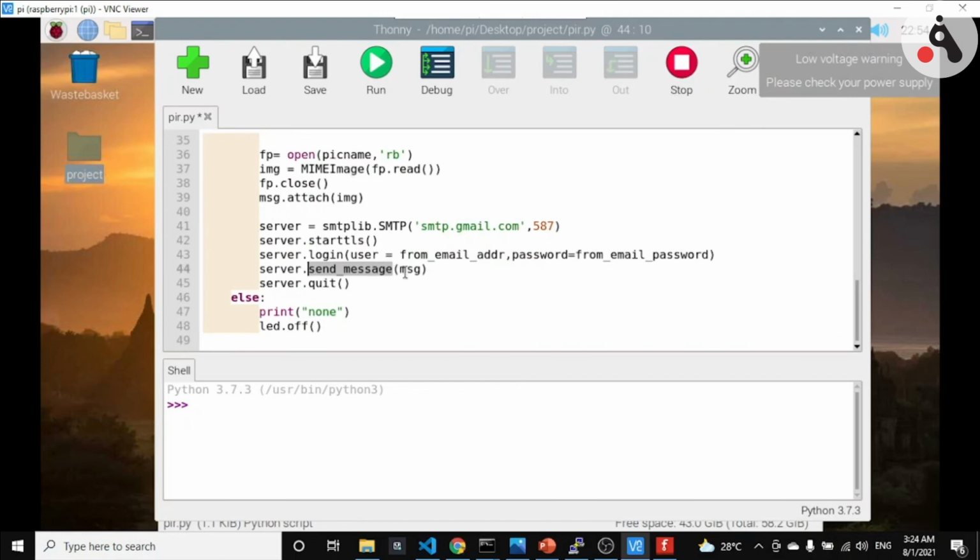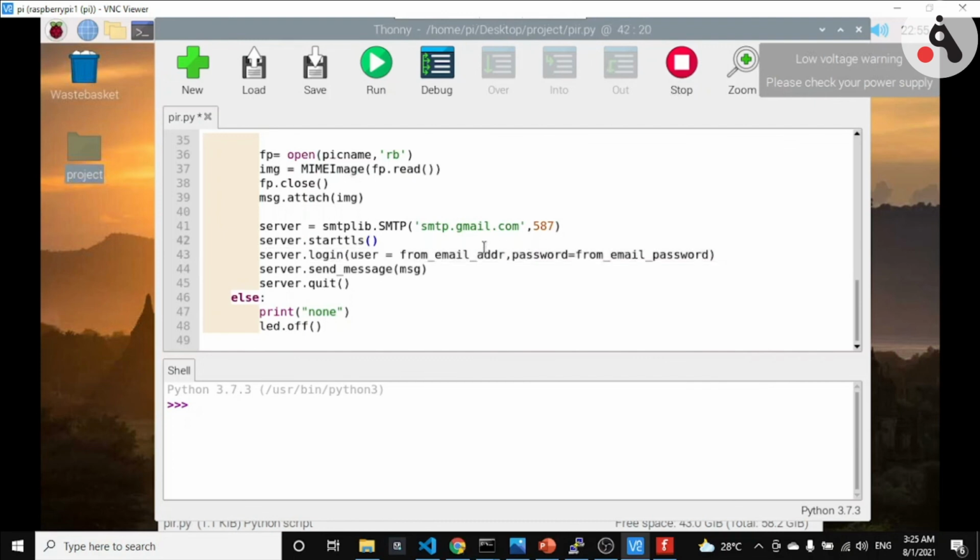Using this method we send the message, and before that we set up our SMTP. We are using the Gmail SMTP, the free SMTP service, so we set that up. The TLS port is 587 for Gmail, and the same is mentioned here. For login we have to use the username and password of the account from which we are sending the email.